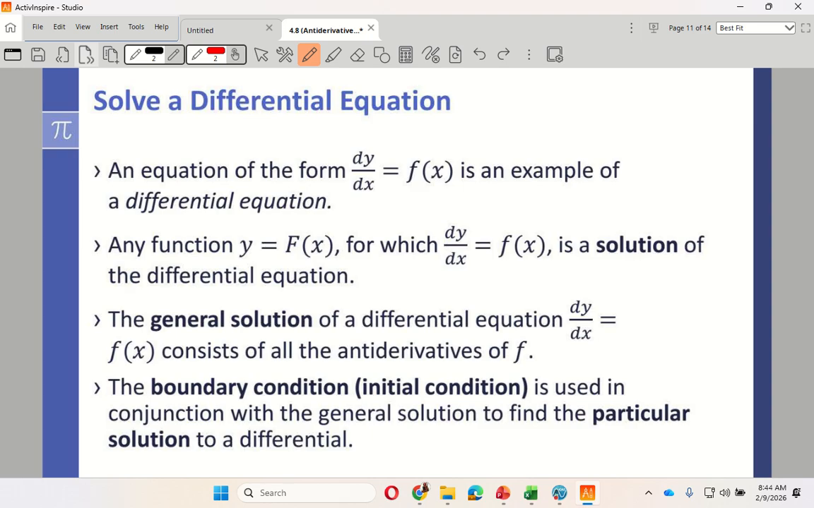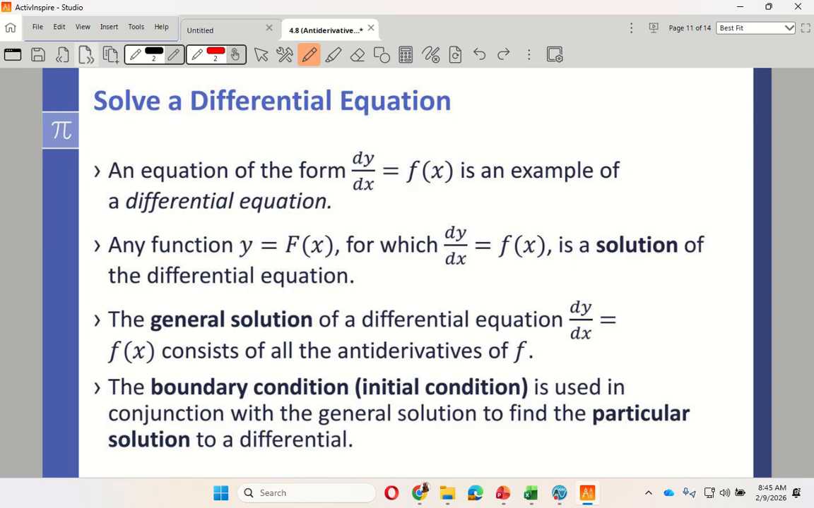All right. Solve differential equations. So now we are going to solve these. An equation in the form of dy/dx equals f of x is an example of a differential equation. Any function y equals f of x for which dy/dx equals f of x is a solution of the differential equation. The general solution,